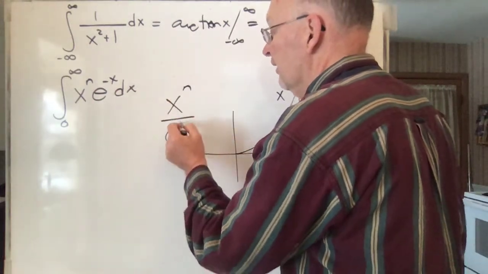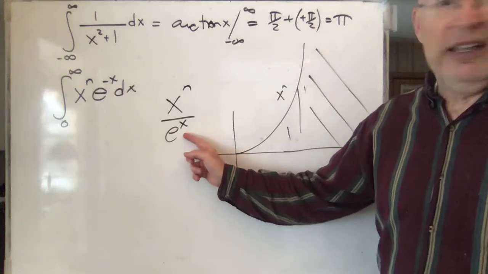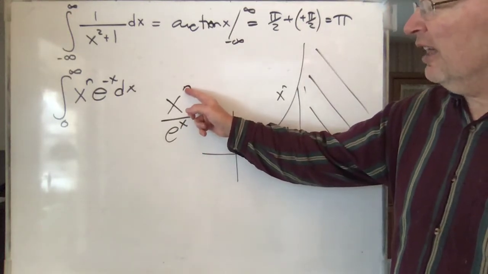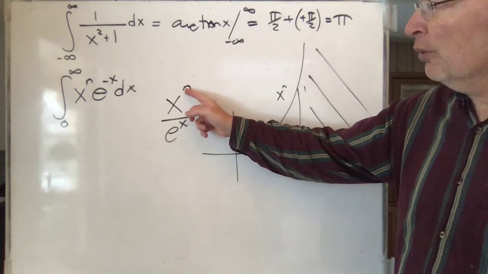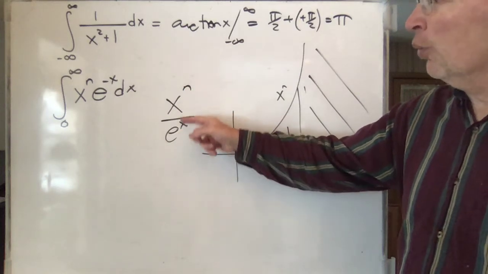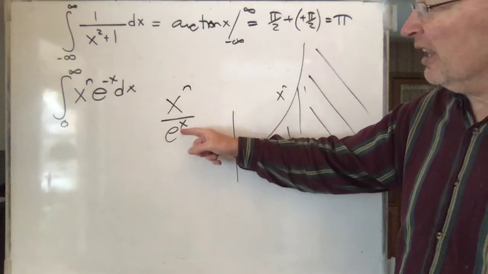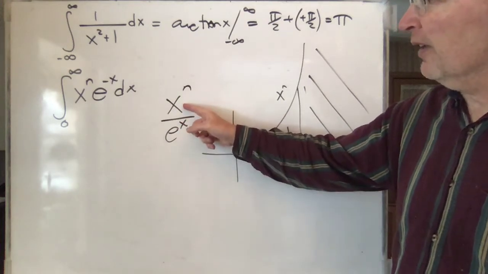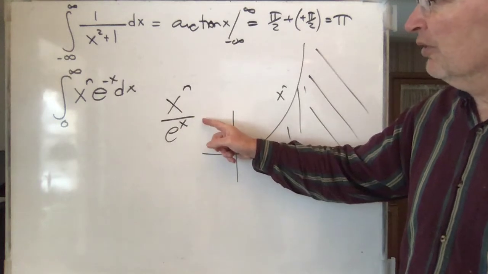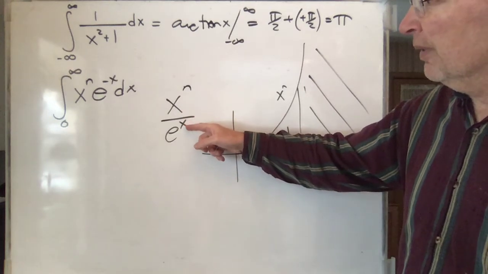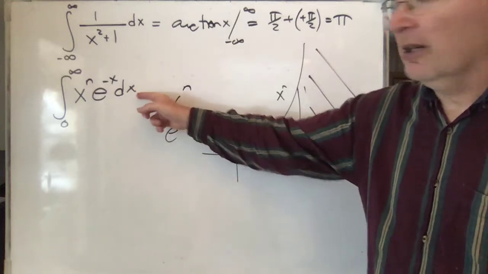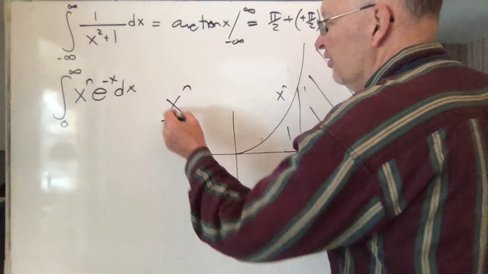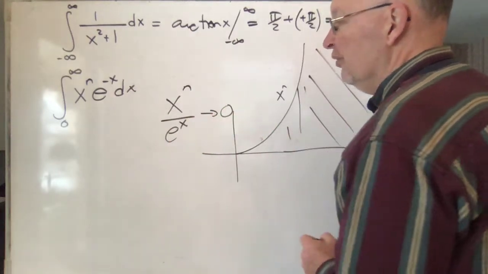So you can think of it like this. This thing just dominates that, as we just saw, right? You give me any fixed n, no matter how big that is, 200 or 2,000 or whatever, this thing just washes it away. This thing doesn't hold a candle to this. So this is going to get big much, much faster than this. It sucks it down to 0, and so this thing is going to converge. It's not just that this thing goes to 0, but it goes to 0 fast enough.